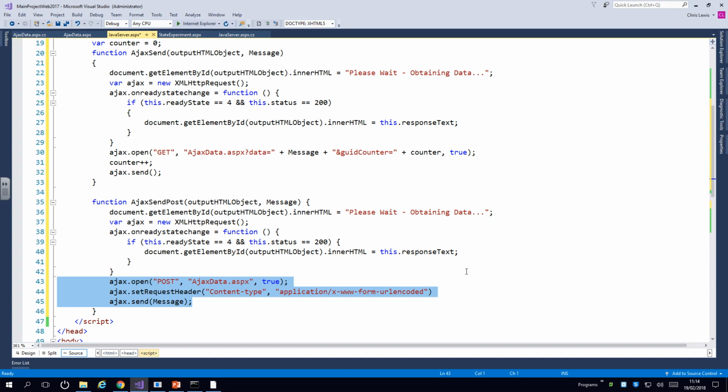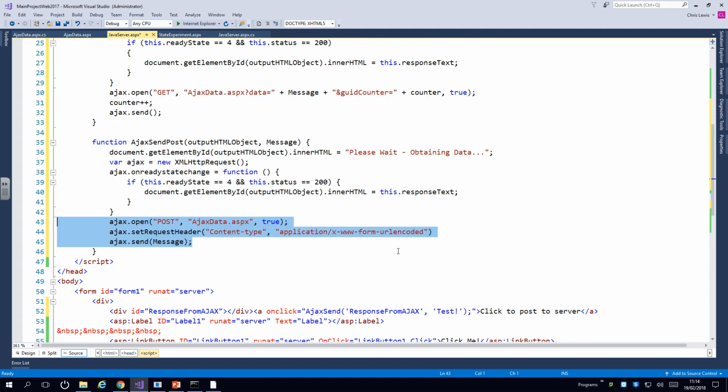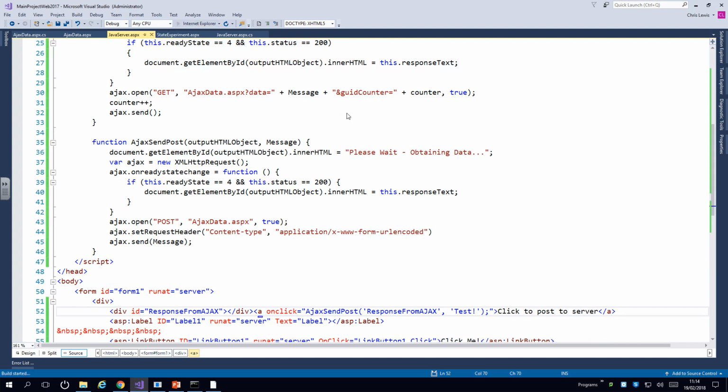And the next thing we're going to do is actually start looking at how we can send data in this way, using the standard AJAX send, rather than just getting some information from the server. If anyone wants to try send post, just change it from on-click send post, and you should find it does exactly the same thing. If you change your on-click AJAX send to AJAX send post,